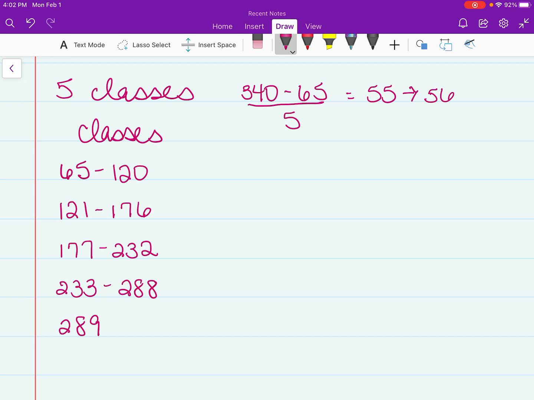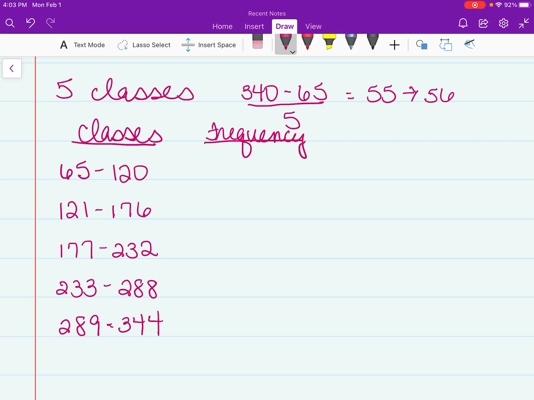And if I added 56 again, I would be at 345, so that makes this 344. So notice that there's 56 between each of the upper limits and each of the lower limits. Now I'm going to count how many data pieces, called the frequency, fall in each of the classes, and I'm